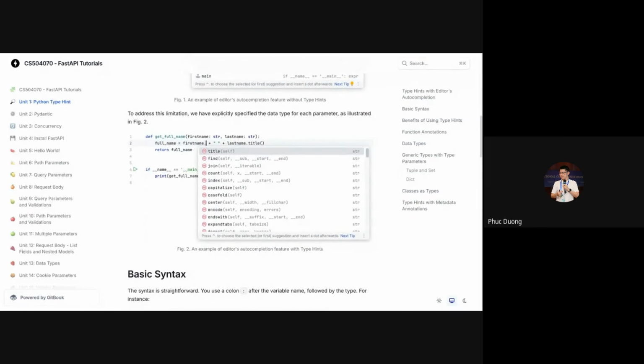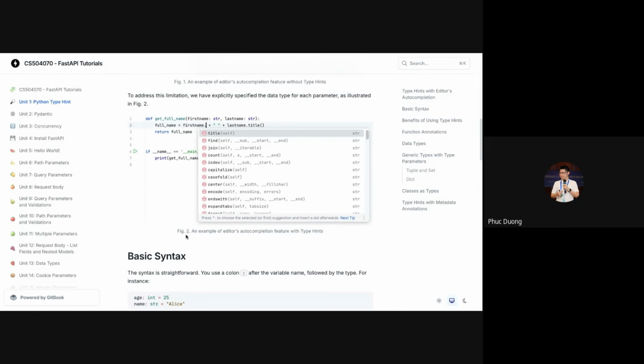But in the second figure, or figure number 2, you can see that on the first line we define get_full_name, and you explicitly define the first name as a string and last name as a string. So the editor now understands the type, so it can suggest the corresponding methods related to the variable.